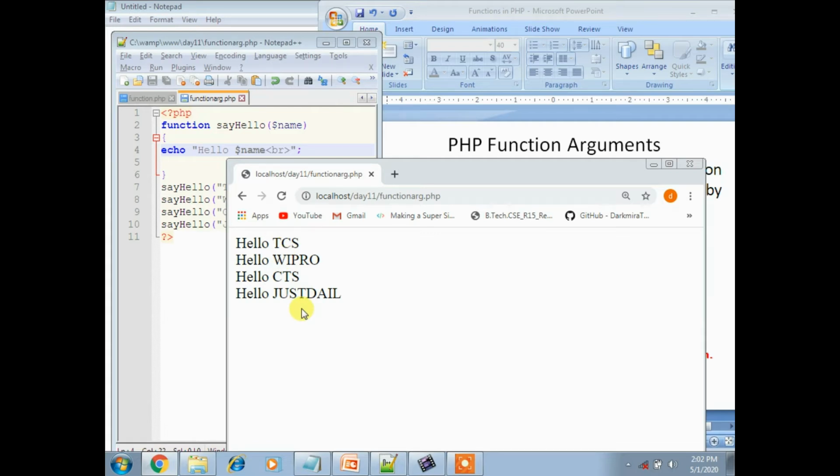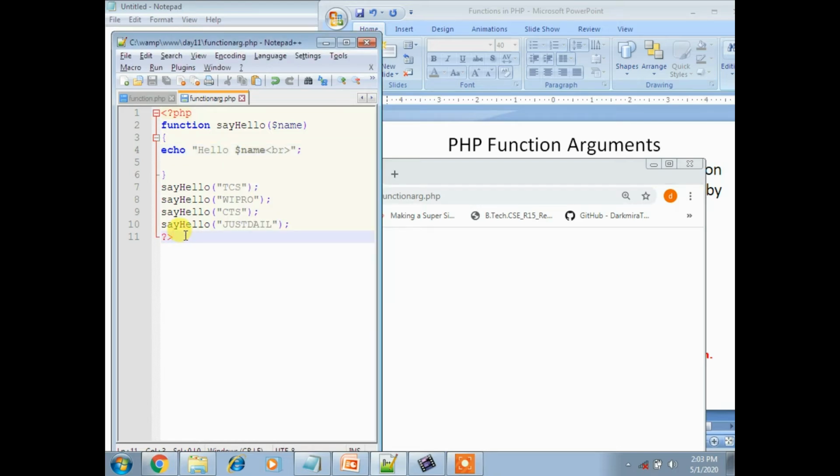In the same way, for passing one argument, we'll see another example which passes two arguments in a PHP function. Or else directly I can place it here itself. So I'm using BR.